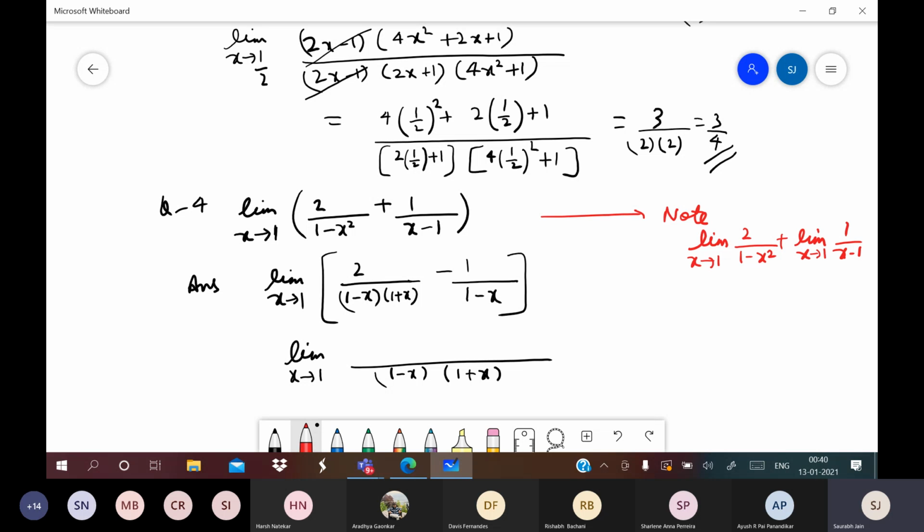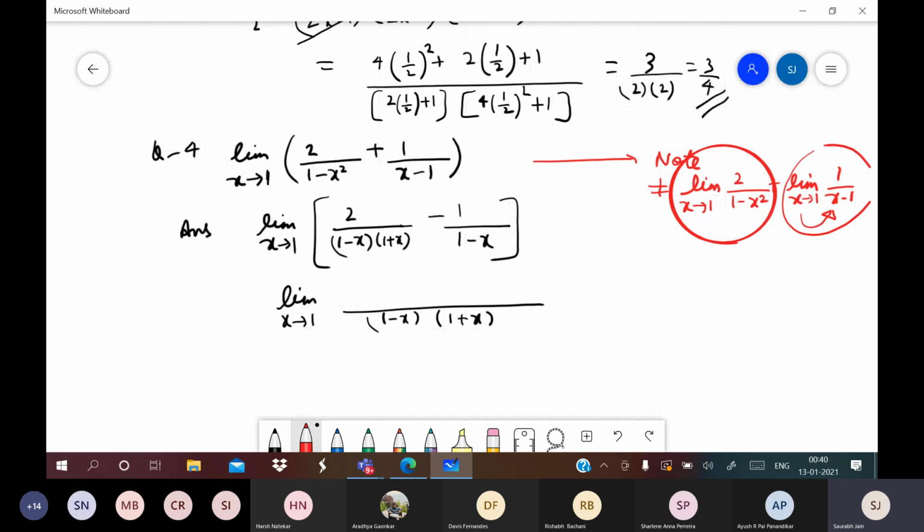But you know what will happen? Why is this wrong? Why is this not equal to this? Because I have told you the reason. When you put x tends to 1 here, so 1 upon 0, infinity. This limit does not exist. In fact, this limit also does not exist. Why? Because both of them are infinity. So you can distribute the limit when both the limits exist. I hope this is clear.